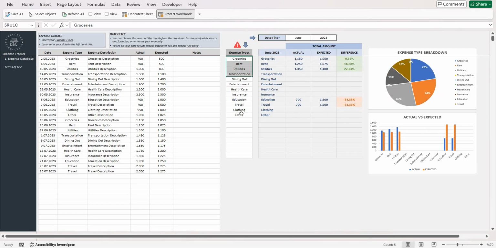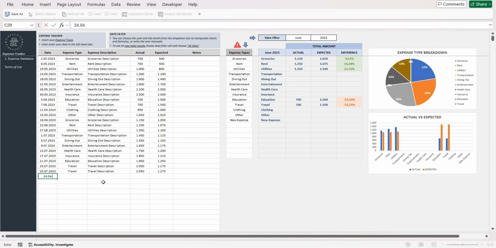Start by entering your expense types in this place. Later on, start entering your data into this database section. You can choose your expense type from the drop-down list. After you budget your expense, you can input the actual expense, and then later on you can monitor your expenses